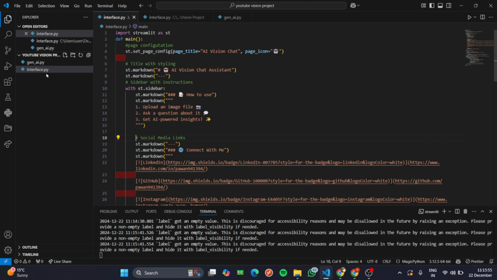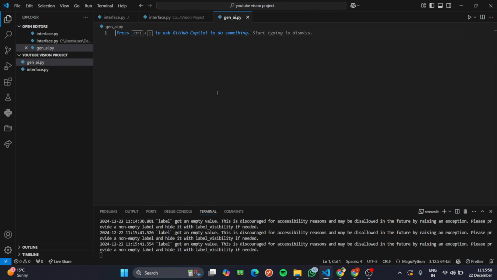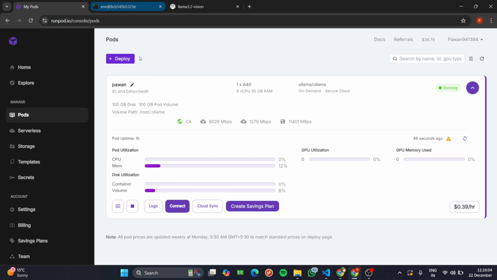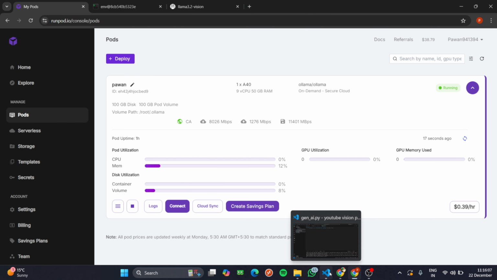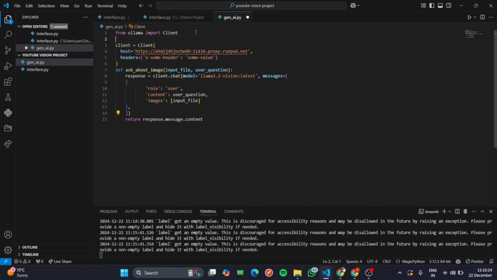So what we do, we will create a Gen AI function here. In this function, we will call the LLM which we have created here. This LLM we have to call in my code. So I just write the code for this. What am I doing? I'm importing the Ollama client. In the client, I'm providing the base URL of the LLM. This is the URL, and you have to go to this URL to run this